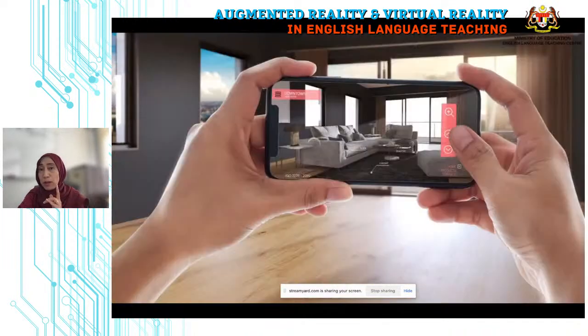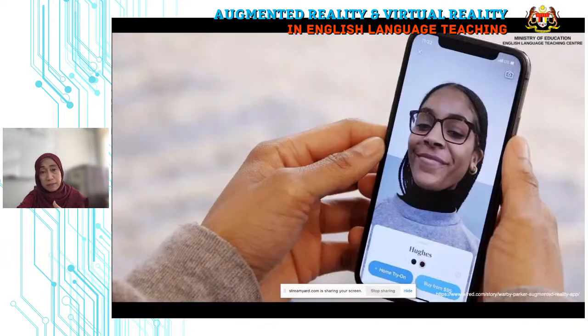And this is the one that I mentioned just now, the IKEA, where you can place the sofa to see whether it matches your theme, your background or your wall, or whether the size of the sofa is suitable for the limited space you have. For example, maybe you should go for something smaller, or maybe you can go for something bigger. That can also be done with augmented reality.